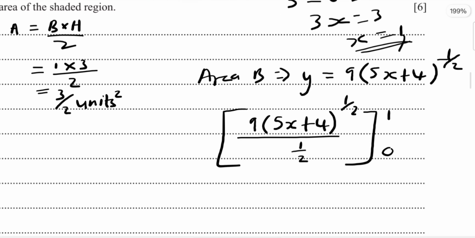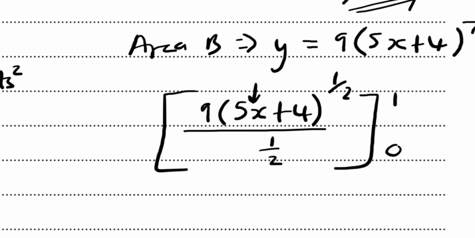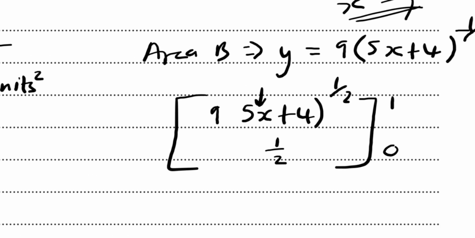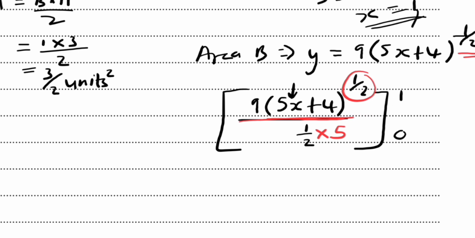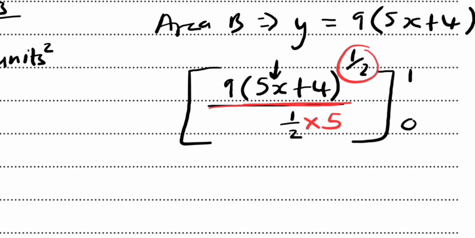So substituting 1 in there, when we integrate this, we rewrite this as it is. We add 1 to the power here with minus 1. We now have half. Then we divide by the new power, and we multiply by the derivative of the bracket, which is 5, like that. My bad for that. So with this now, we are going to substitute